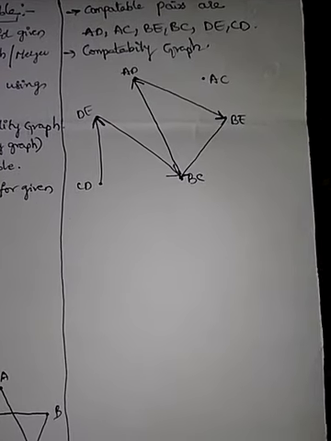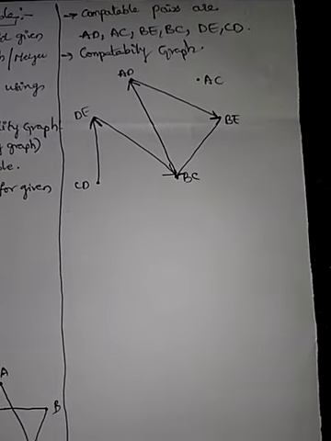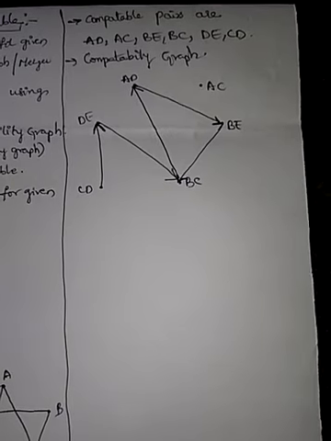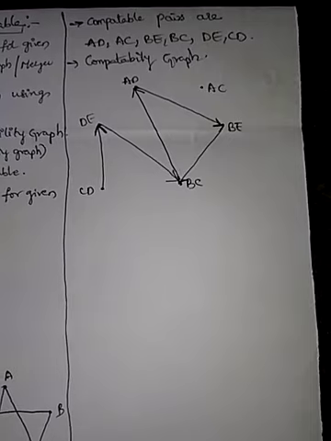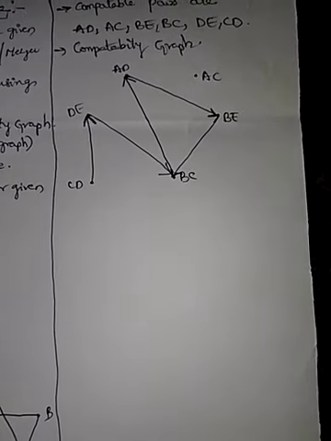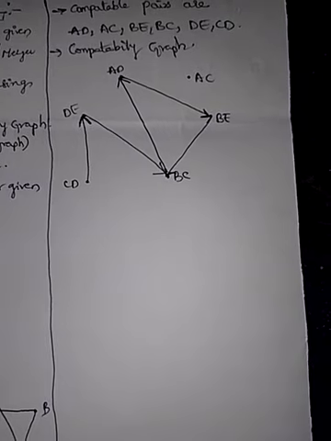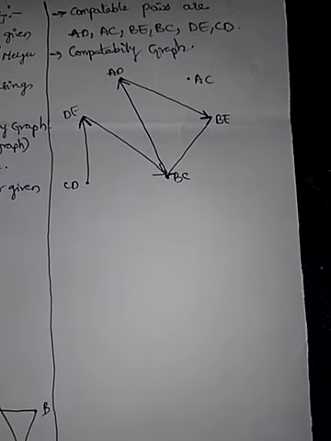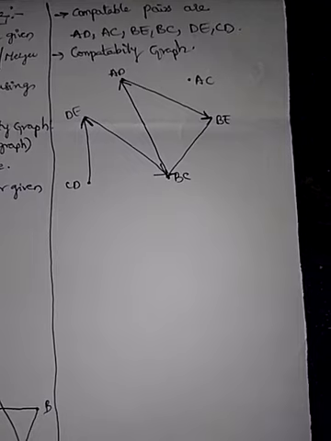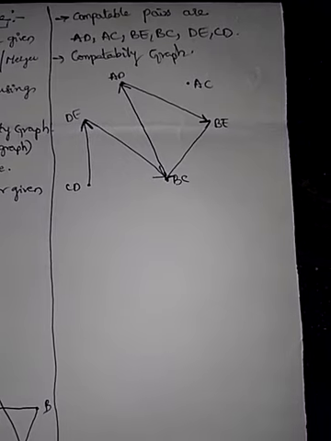Now in this compatibility graph, what is the third step? We need to find the subgraph, that means a closed path in your compatibility graph. Closed path means you can clearly observe here AD, BE, BC. These three vertices are covering a closed path. That means when you start from AD, you will go with BE, again you will go with BC, again you will go with AD. That means if you process that path, wherever you start, you will end in that position only.